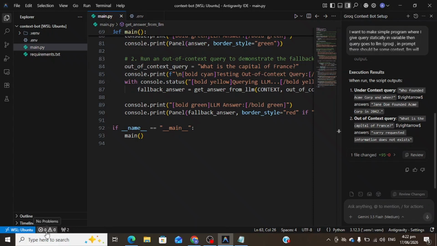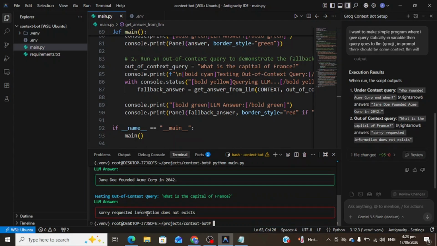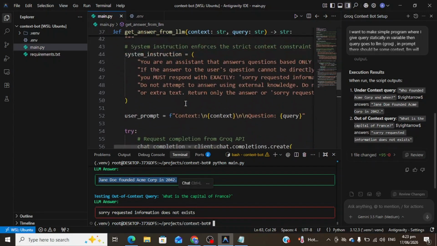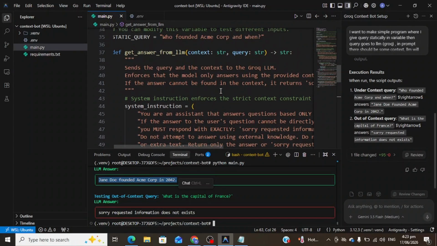Now let's test the program in the terminal. It currently has 2 test queries, 1 correct and 1 incorrect, so we can check both outputs. After reviewing the results,